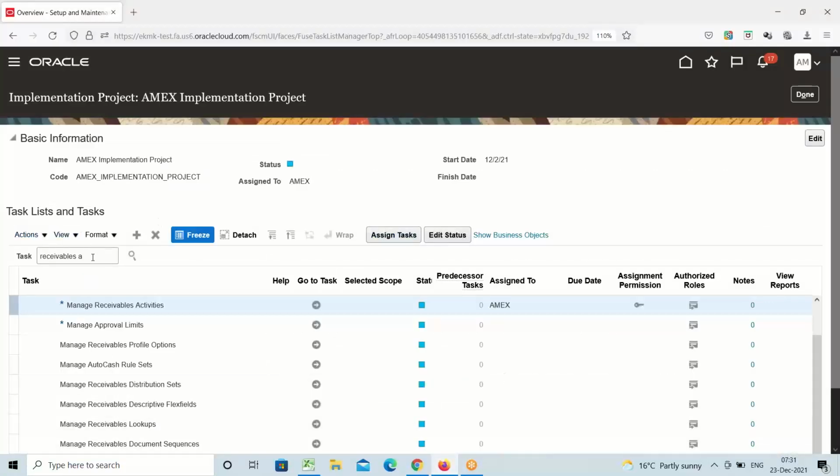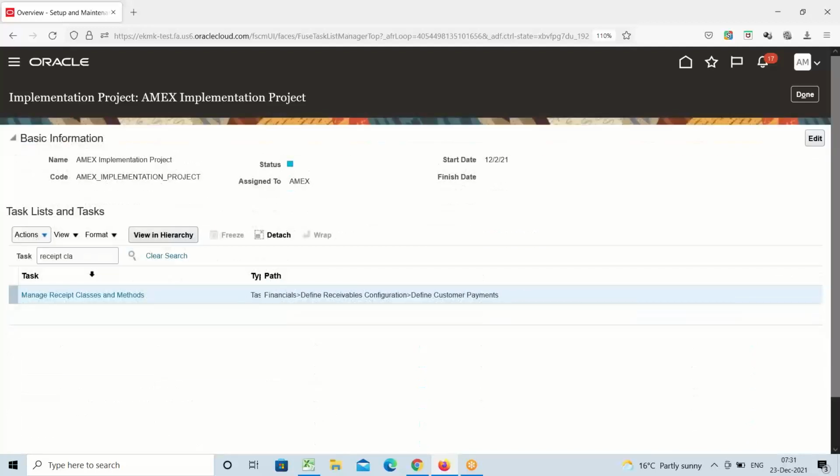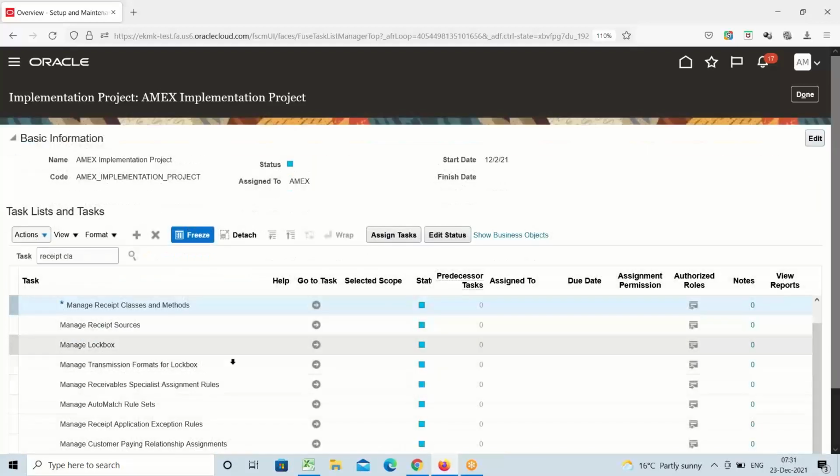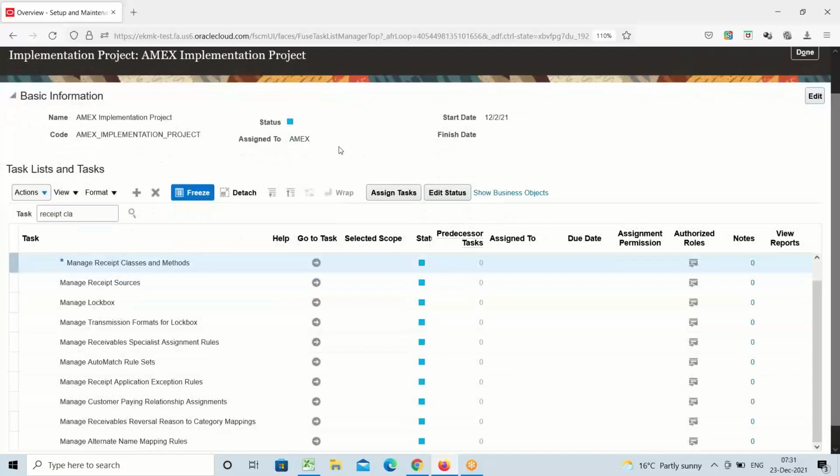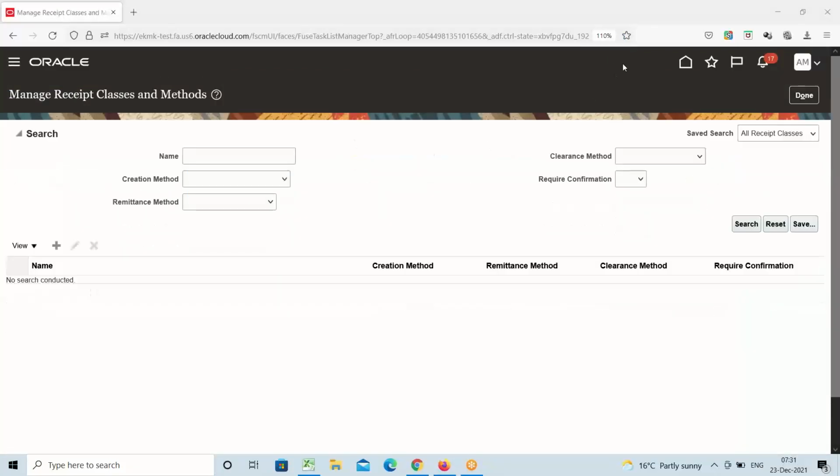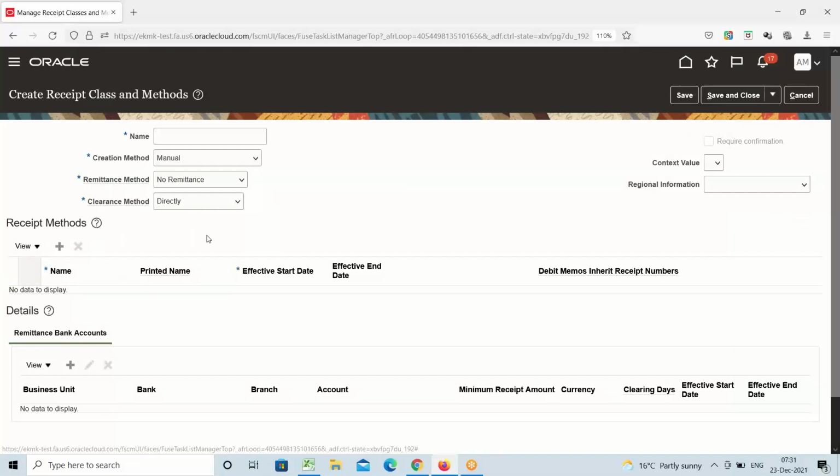Search for receipt classes and methods. Manage receipt classes and methods. Click on go to task. Say create. Here we can give the name,